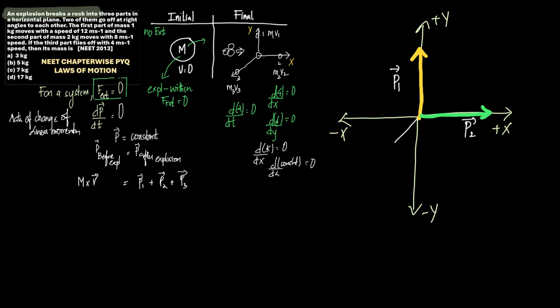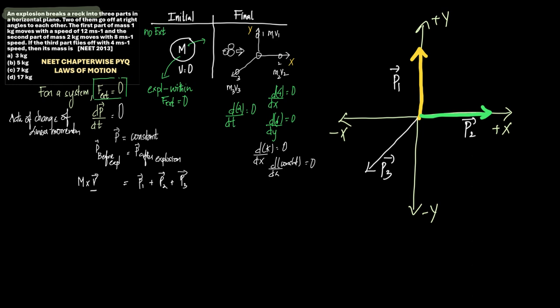And we don't know where vector p3 is located. We don't know the angle, we don't know which coordinate it is. It can be like this, it can be like this as well, it can be in any direction. Let us assume that it's going like this. Now,